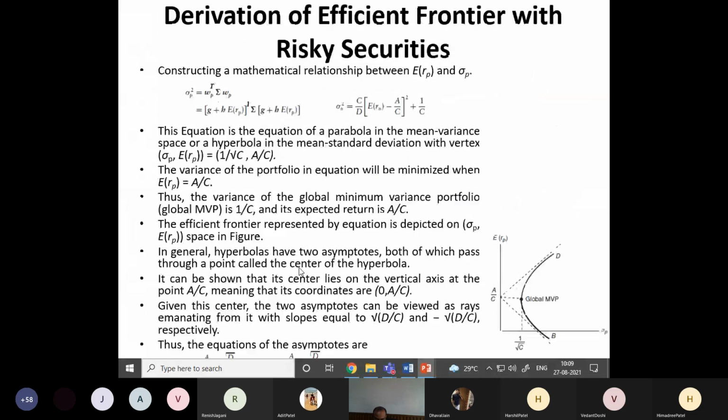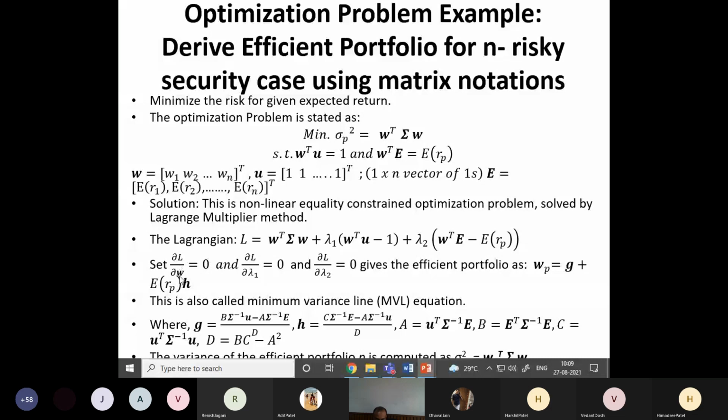So we use this and we have to make del L by del W bar equal to 0, del L by del lambda 1 equal to 0 and del L by del lambda 2 equal to 0. Now these three equations, if you solve, you find the values of lambda 1, lambda 2 and substitute in your equation, you will get the optimized value of the weight vector. So ultimately we have to find the optimized value of the weight vector. The solution of these three I am leaving to you. It is slightly complicated, but you try it. We have solved one such problem for MVP.